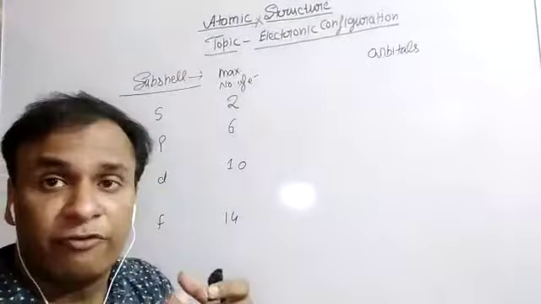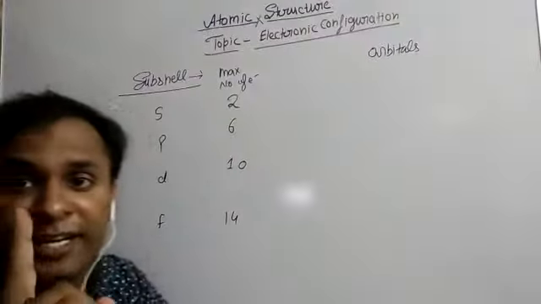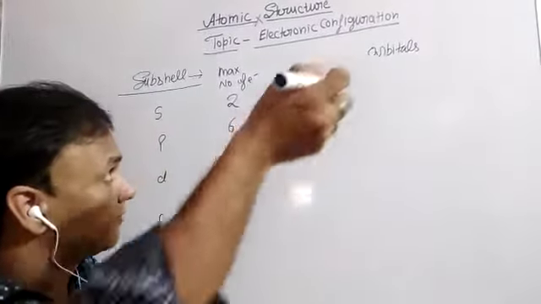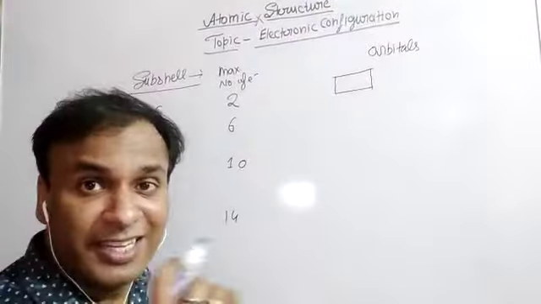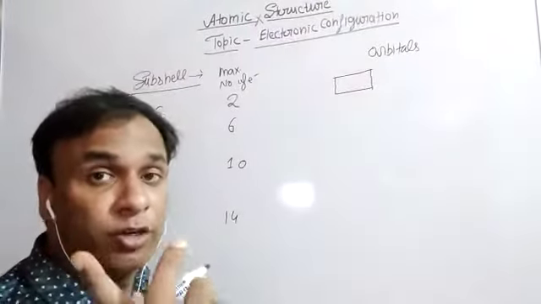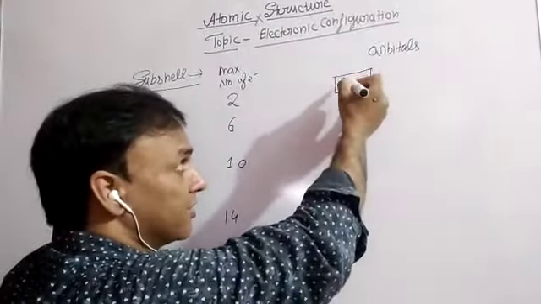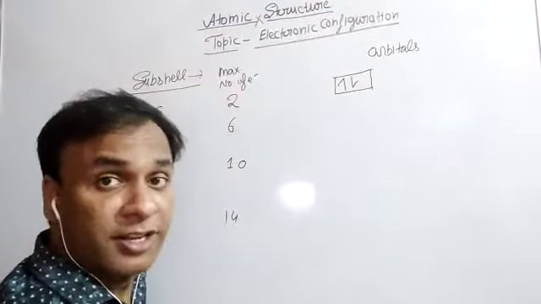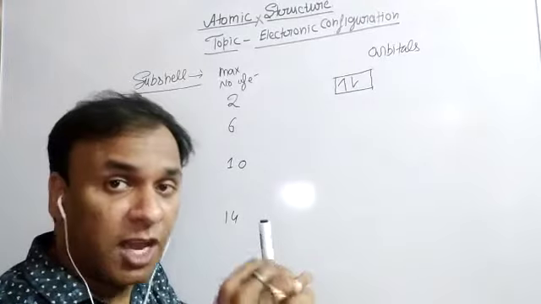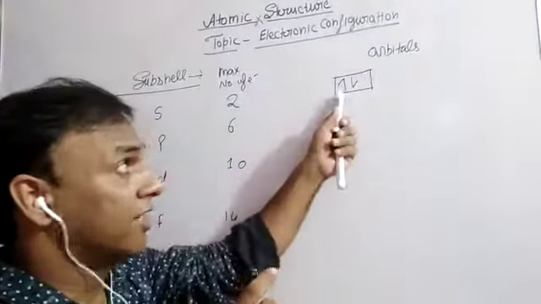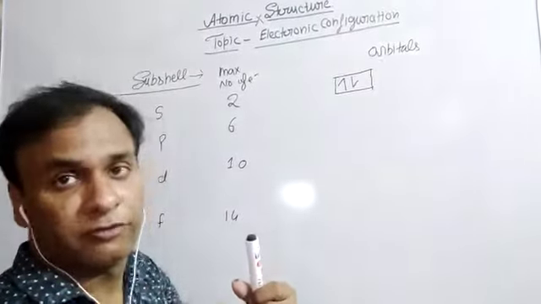A subshell is a part in which the orbitals can be accommodated, meaning the S subshell contains only one orbital. This is the representation of an orbital, and each orbital contains two electrons in opposite directions, first upward and the second downward. Here upward and downward is only an indication. It means the first electron revolves anti-clockwise while the other electron revolves clockwise.